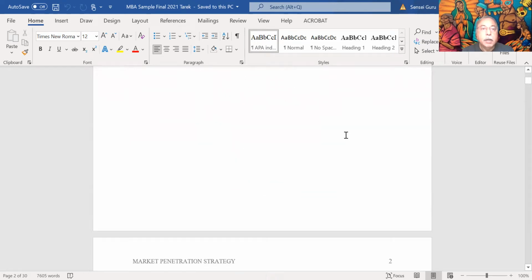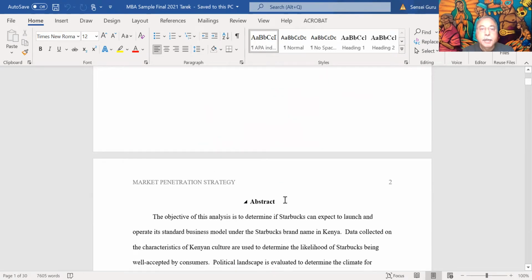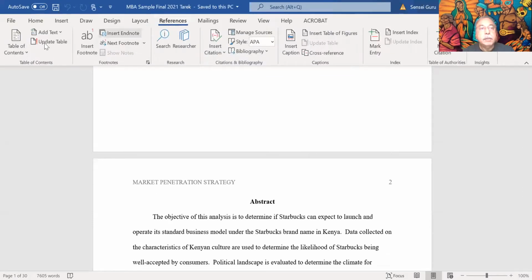Make sure you do, and it's very easy to put in a table of contents. Each time you go to a heading, if you choose one of these, like heading level 1, for instance, then when you go to put a reference in the table of contents, it'll pull out all the heading 1 columns into a table of contents. So that's the easiest way to do that.